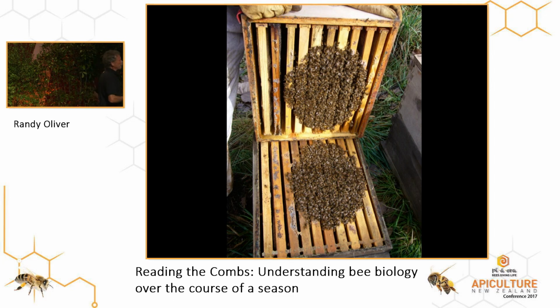If you open the hive up, look at the winter cluster right here, pop it open, it looks like it's solid, but actually there is a tight insulating shell of bees around here with all of them poking their heads in because their blood flow goes from the back to the front of their body. So if they have their heads in, they're taking the heat all the time and pushing it back into the hive with their blood flow. And they keep the temperature right at around 55 degrees Fahrenheit, around 10 degrees C. I'll try not to convert too many things because I don't want to make mistakes, but 55 Fahrenheit.